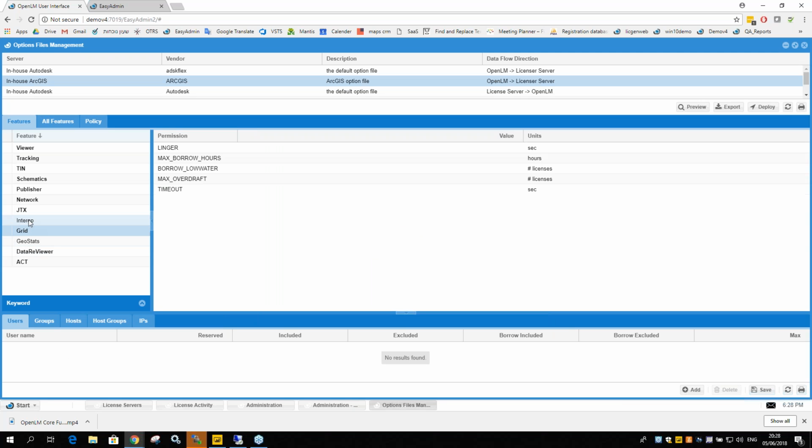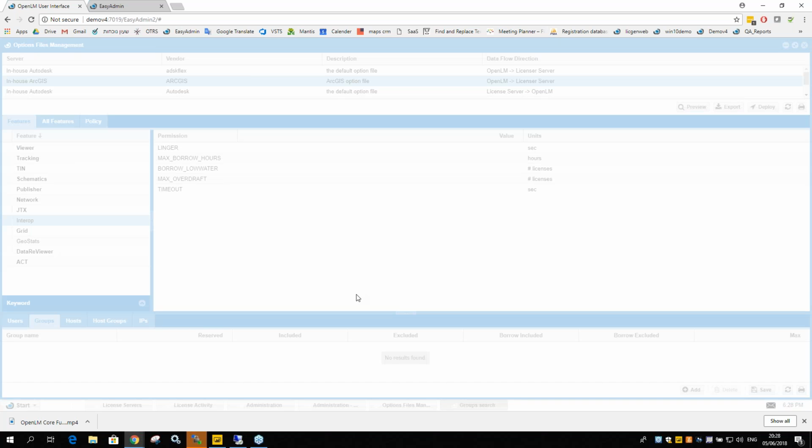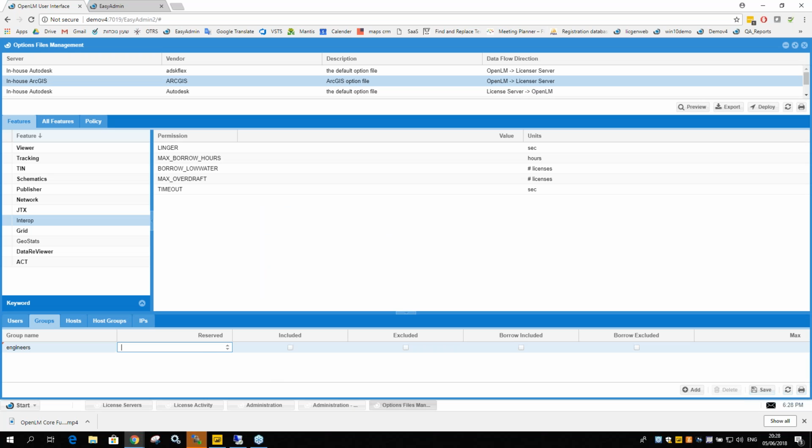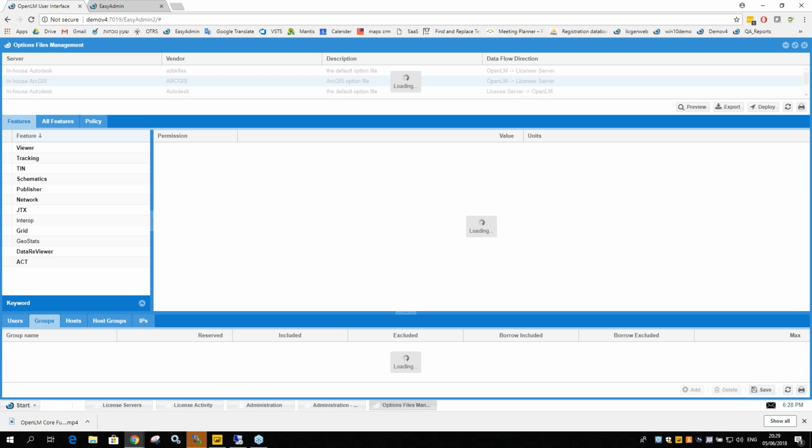For example, let's take interop, and I want to add a certain group to it. Let's take engineers, and I can reserve licenses. Let's say I want to include them. I can exclude, include, borrow, reserve licenses, whatever I choose. So I want to include them. Once I save it,